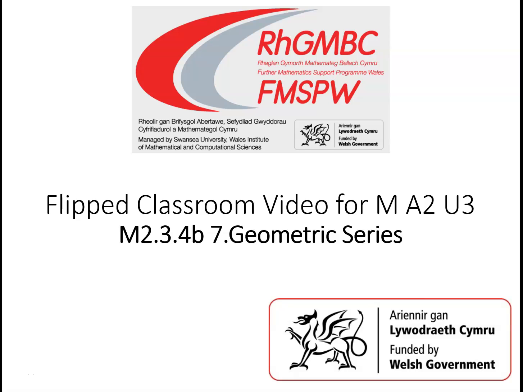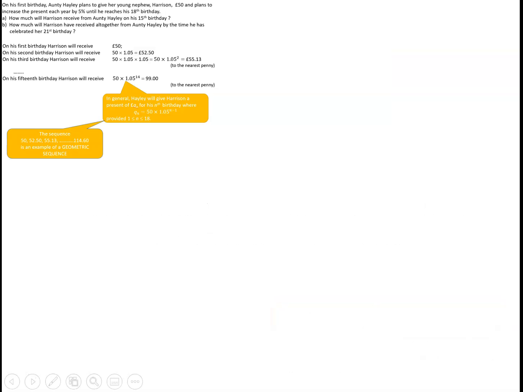In this video we continue our work on geometric progressions by finding the sum of a geometric sequence. In other words, we're looking at geometric series. In the previous video we looked at the example of Auntie Hayley's plan for birthday presents for her nephew Harrison,